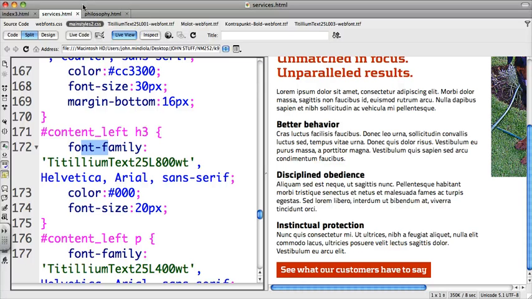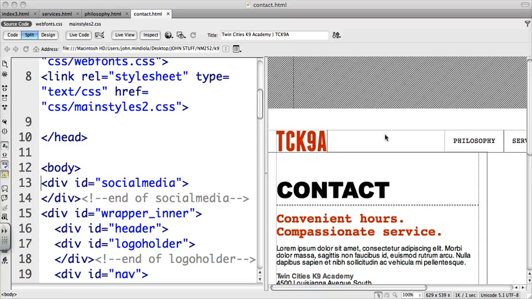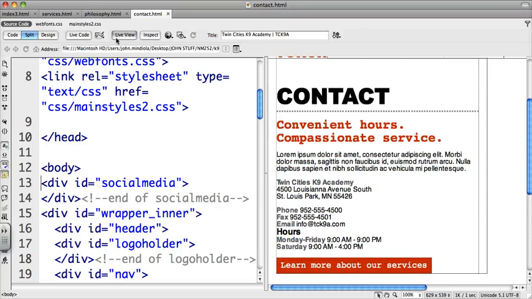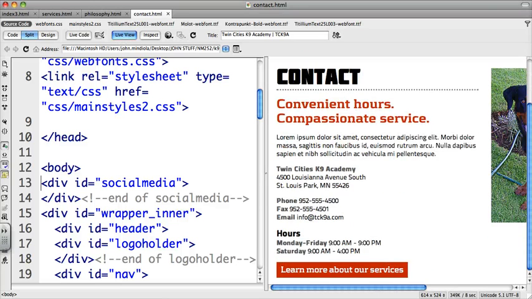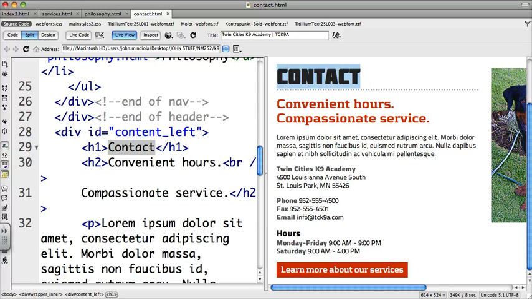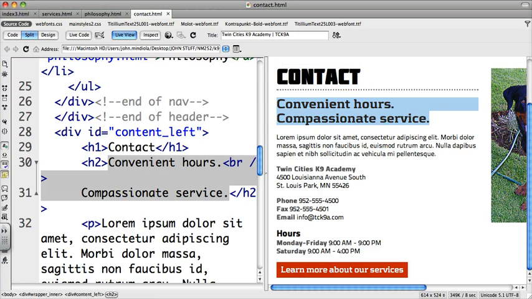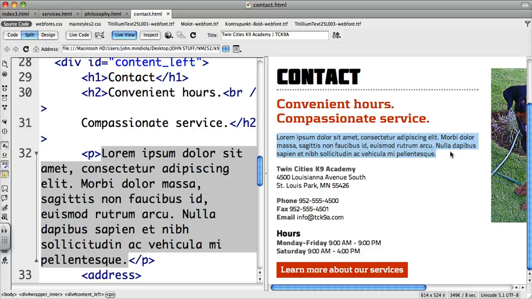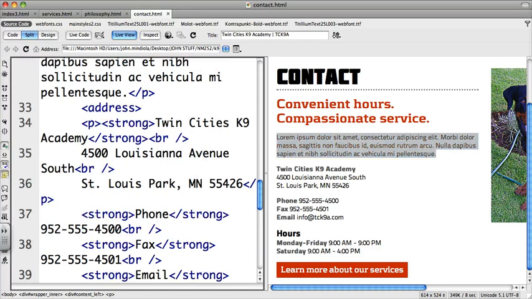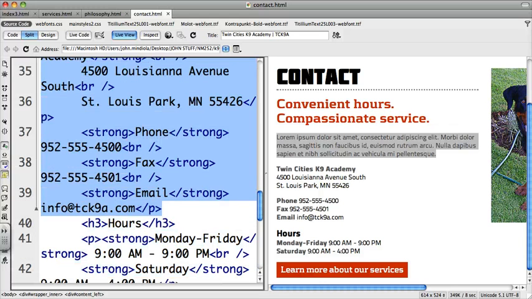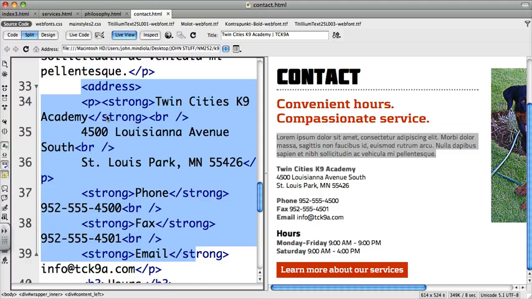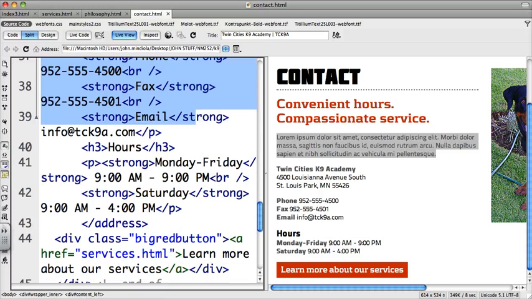Well, what about on another page? The contact page, for example. Here's the contact page opened up real quickly. If I go to live view, I can see heading content left heading 1, not a big deal. Content left heading 2, not a big deal. Content left paragraph text, we already have that. Then there was this address thing, which is all of this information. So I had to set up what the address was going to be like in my CSS. I had to set up what strong was going to mean, and I also had to set up those two things in that